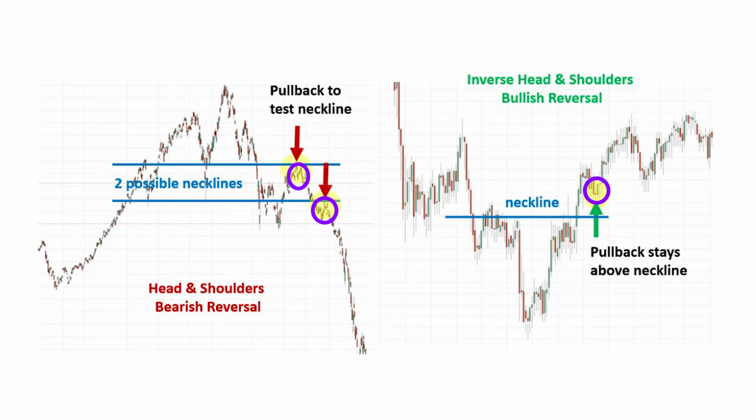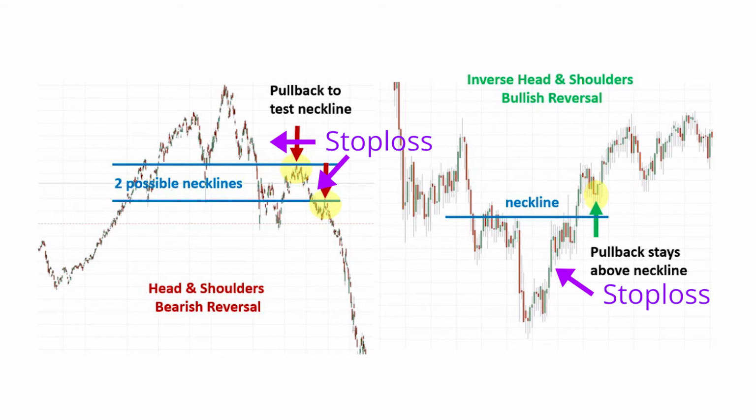Most of the time, the pullback will retrace to touch the neckline, but if the breakout momentum is strong, the pullback may not come all the way back to the neckline. For trading, we will look to enter near the point of the breakout, usually near the neckline, keeping an eye out for reversal candlestick bars or price action, and volume, which signals that momentum is weakening and it cannot go past the neckline. We can then look to place our stop loss somewhere between the neckline and the second shoulder, which is the right shoulder. If you have already entered a position during the breakout, this strategy can be an opportunity for you to add on more positions.